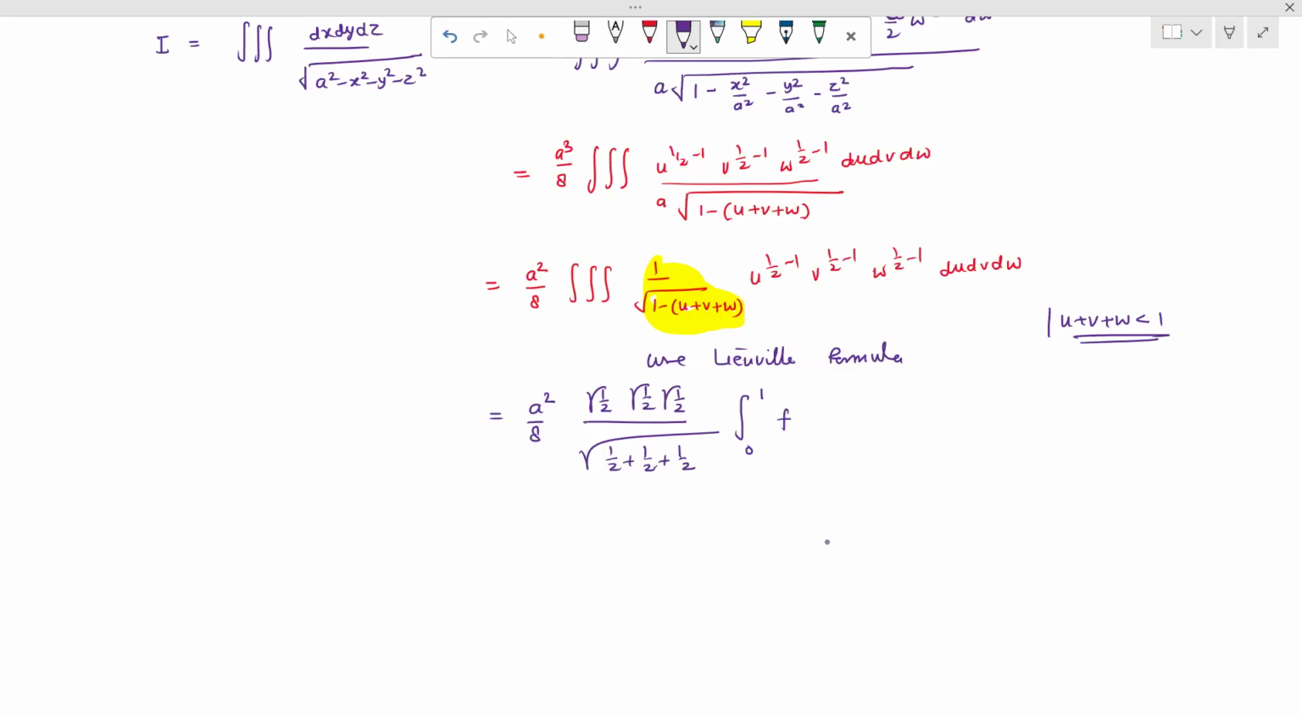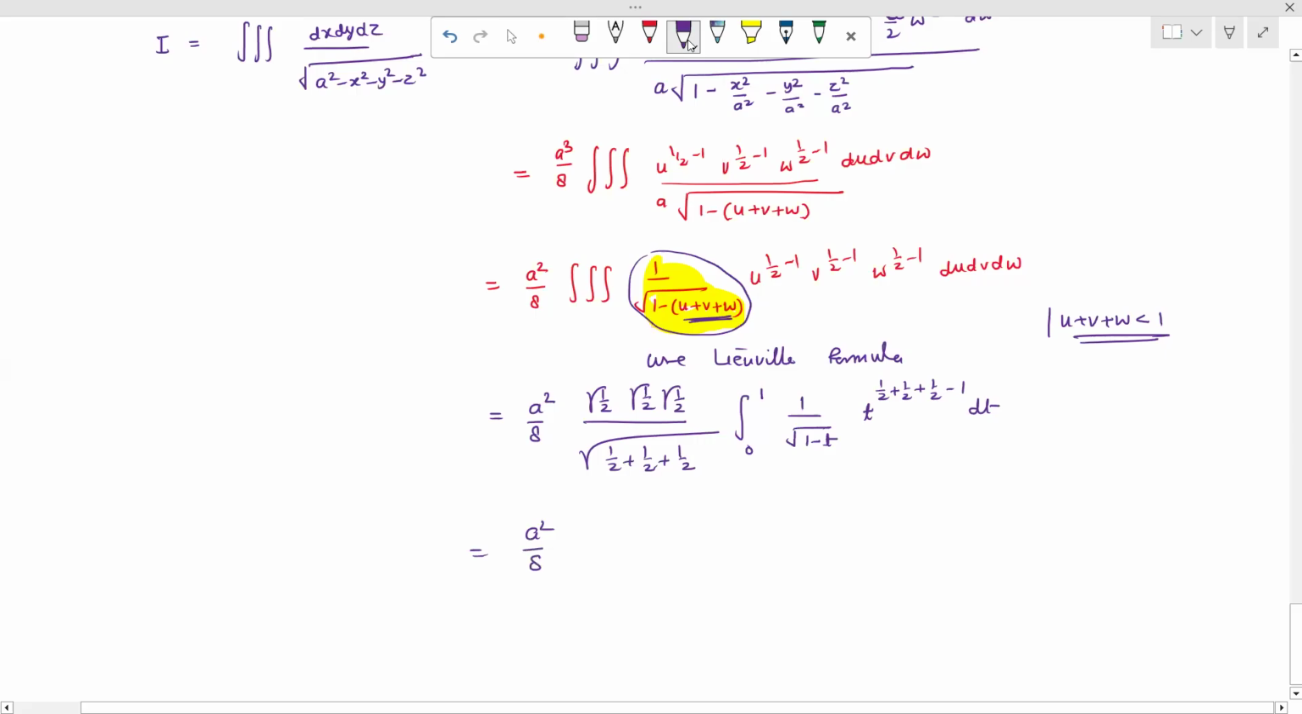0 से 1 और f of t, तो we can consider as t. सो फंक्शन ऑफ t ये फंक्शन ऑफ t में हो जाएगा हमारा. तो t किसको assume करेंगे, इसको u प्लस v प्लस w को. तो this can be written as f(t). सो मीन्स 1 upon root में क्या हो जाएगा 1 - t. तो 1 upon root 1 - t और t raised to the power 1/2 (l प्लस m प्लस n) minus 1 into dt. तो यहाँ से इसे सॉल्व कर देंगे तो a square upon 8, और ये क्या हो जाएगा,